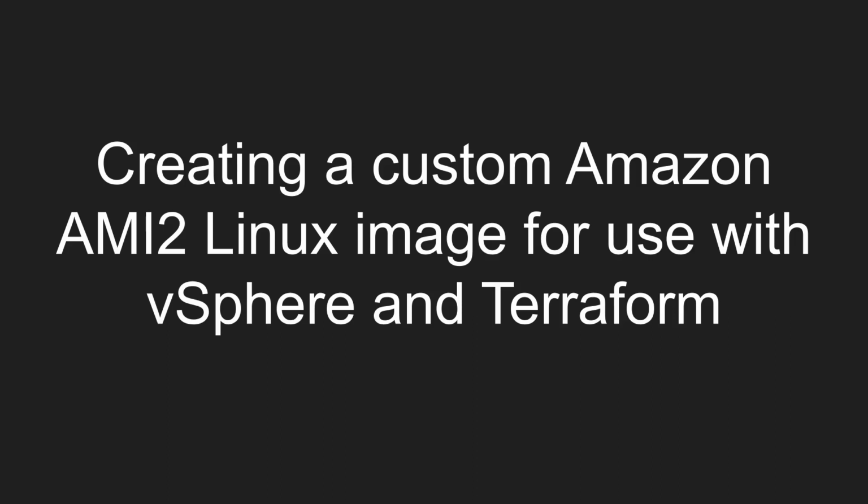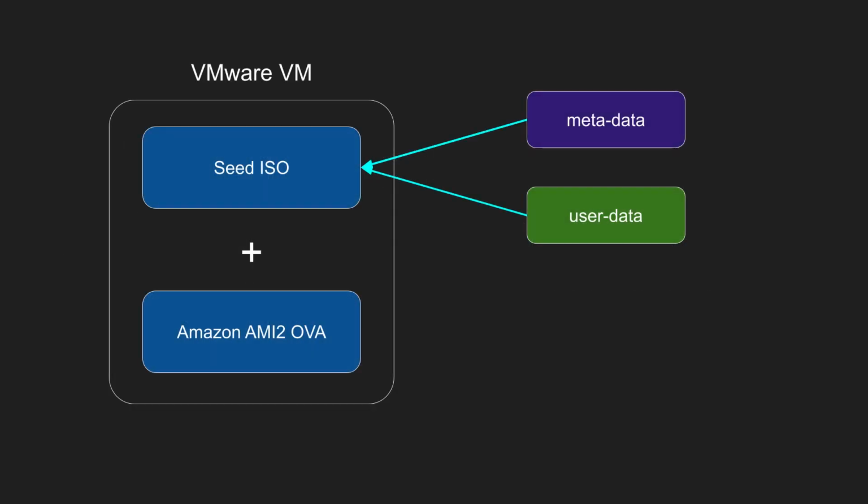Hi, this is Jonas, and in this short video we'll create a custom Amazon AMI image for use with vSphere and Terraform. To create this, we download the OVA, as listed at the bottom, and to bootstrap it we have a seed ISO file in which there is a metadata and a user data file